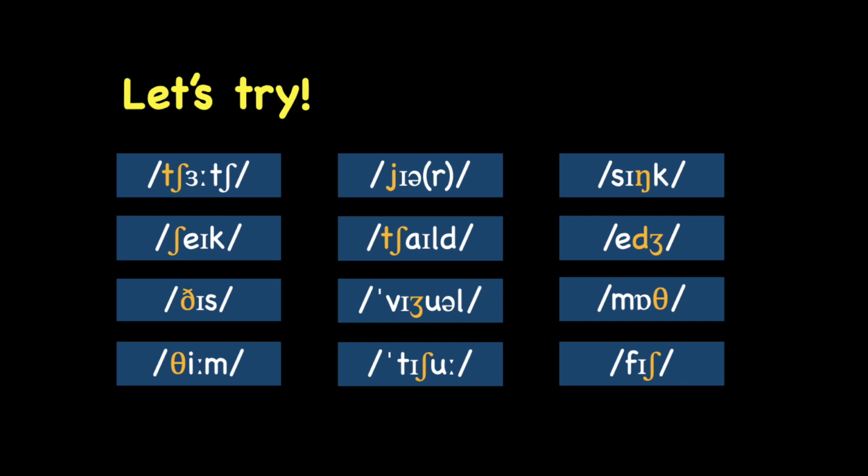And the last one we have is fish. Fish. What's the last sound of the word? It's sh. Alright, as usual, we will have some words that you are not sure of how to read, so I will put them here and let's read them together.